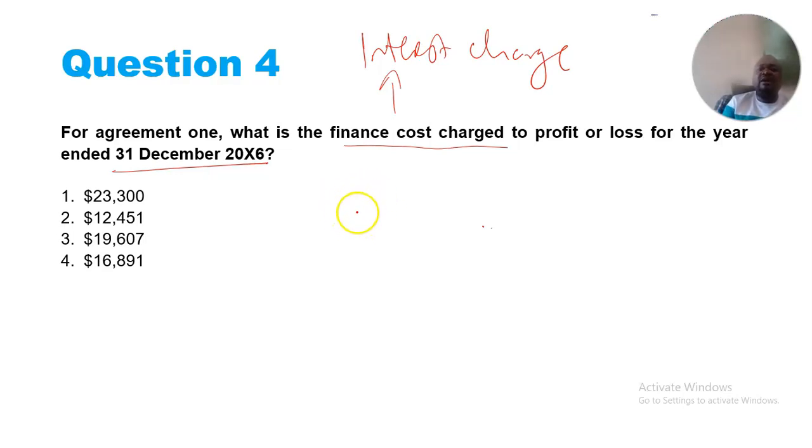We are going to start with the opening liability. In this case, the opening liability for year 1 was 200,000. Remember, we adjusted the 220,000 by deducting the 20,000, which was the deposit, and we were left with the lease liability of $200,000. And we are told that in this year,